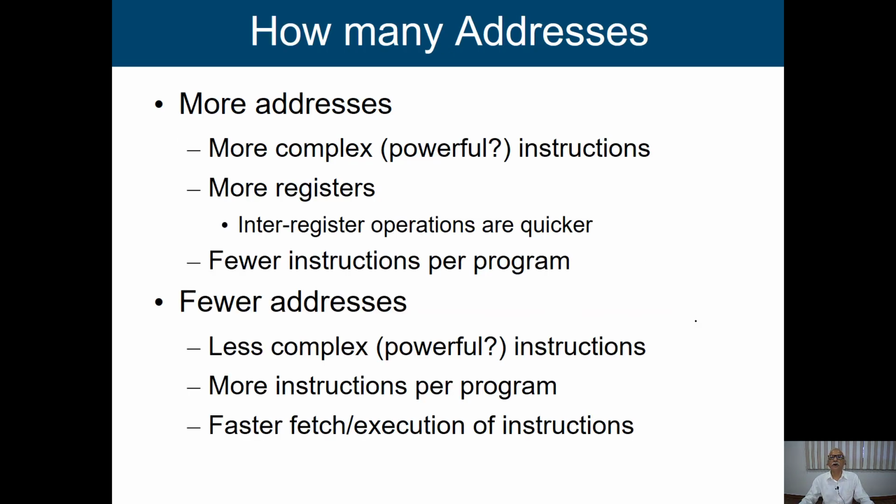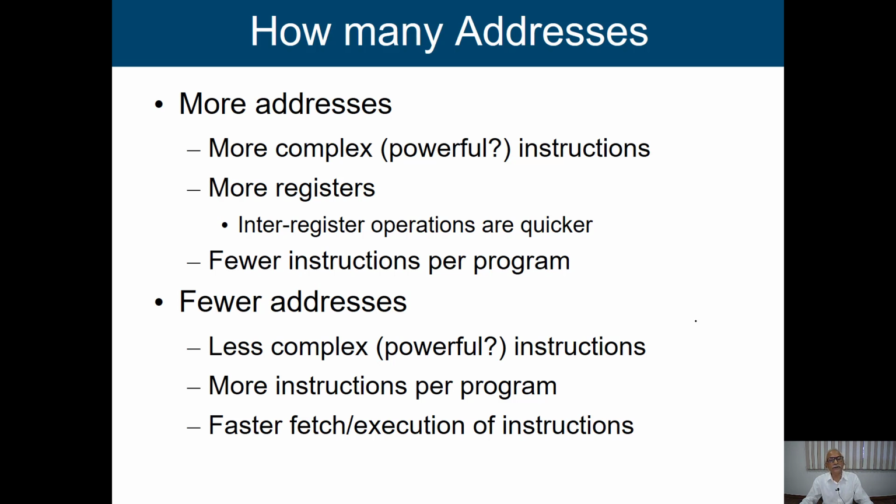One issue is how many addresses we should have in an instruction. In the last class we talked about the 3 address format, 2 address format, or single address format. We even discussed the 0 address format. By looking into the advantages and disadvantages of those formats, we may stick to one particular format, deciding how many addresses we are going to provide along with the operation to give the reference to the operand. This is a kind of design decision.